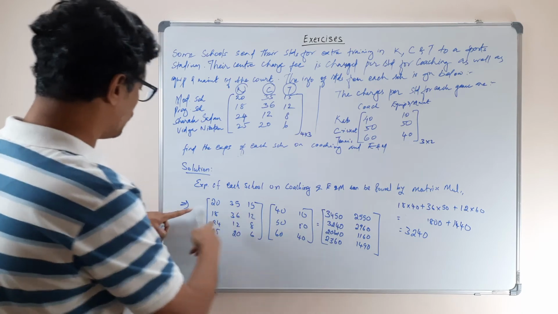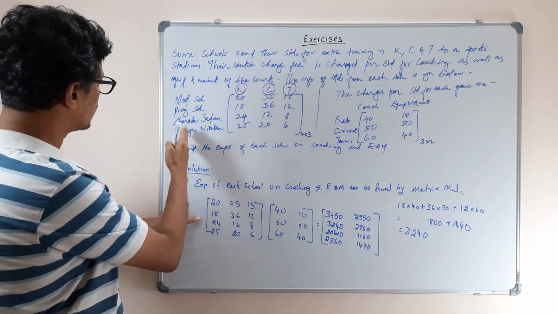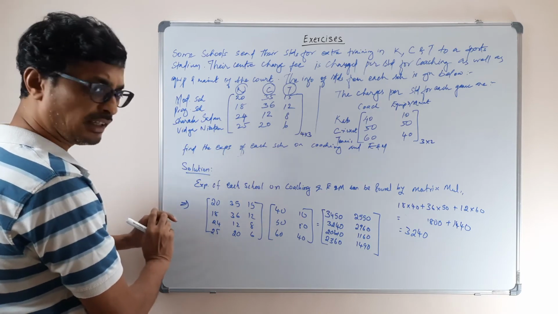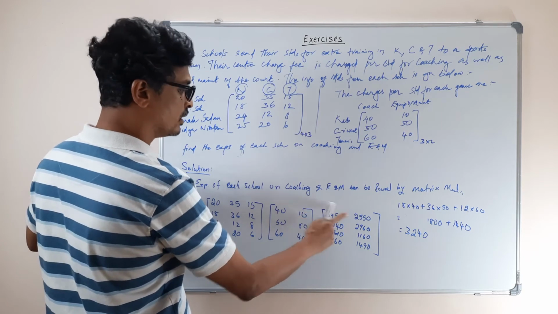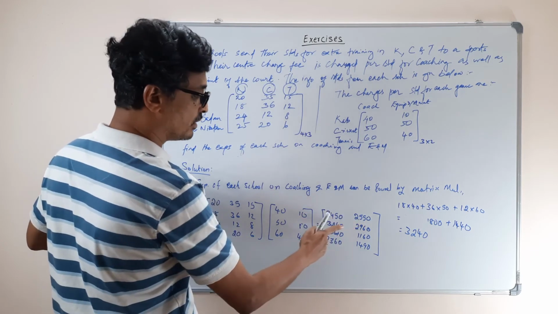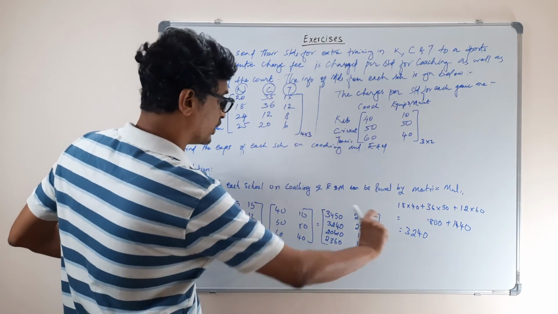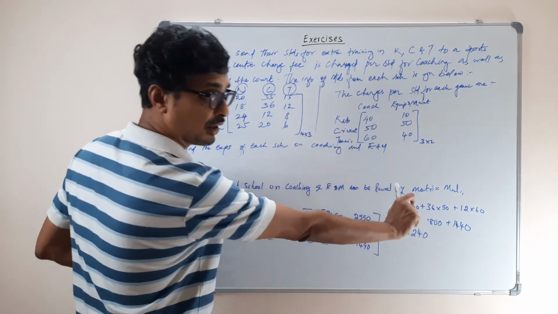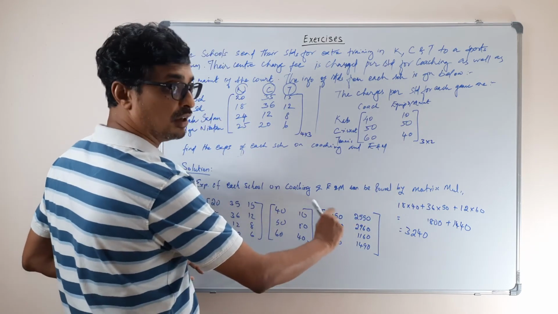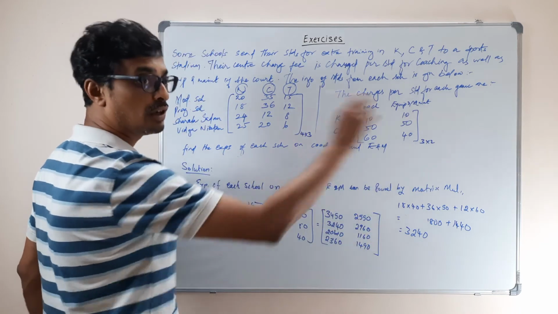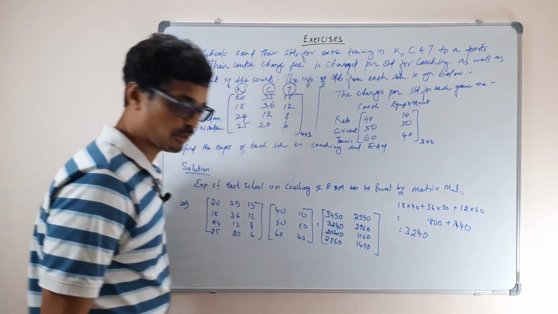With the first row corresponds to Modern, Progressive. What is it? Sarda, Sadan and Vidya Niketan. Correct? And this is the answer. For coaching, these schools are paid this much. Maintenance, they are paid this much. Each school, you have to write step by step. Modern school has paid this much for coaching and this much for equipment and maintenance. Progressive school has paid this much for coaching and 2960 for maintenance. You write step by step and complete the problem. Okay?